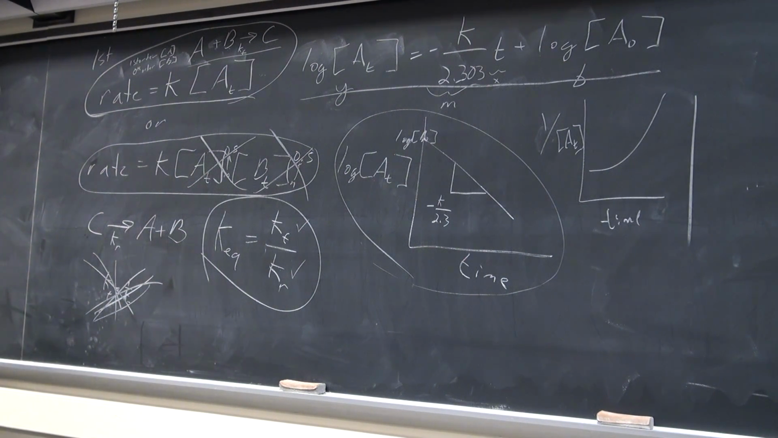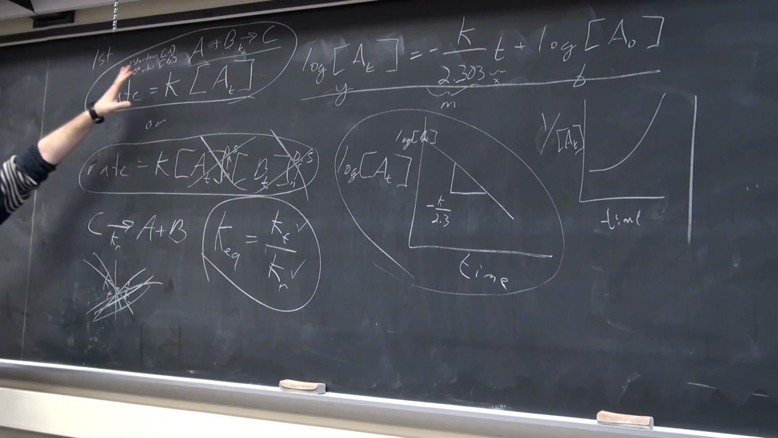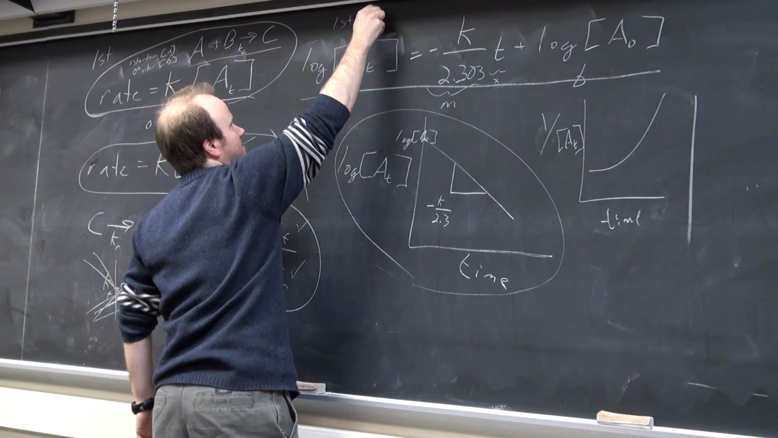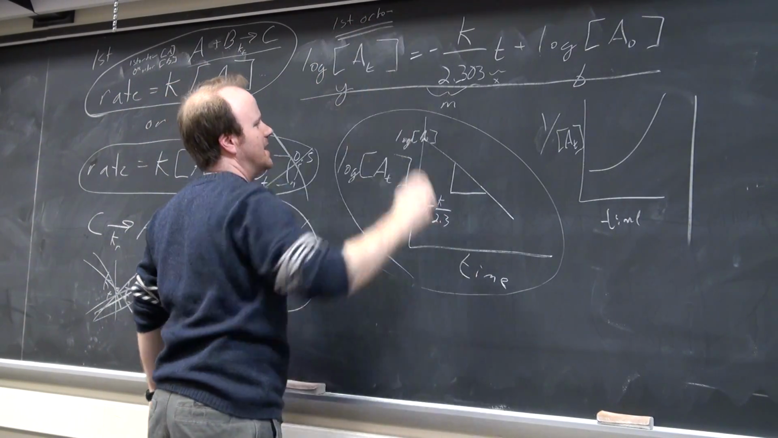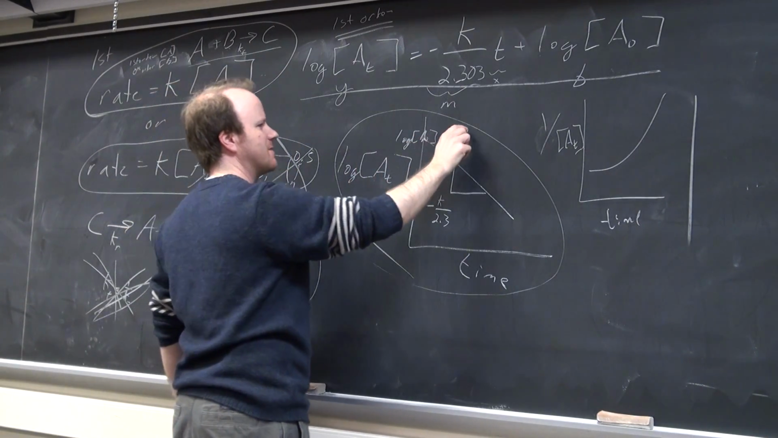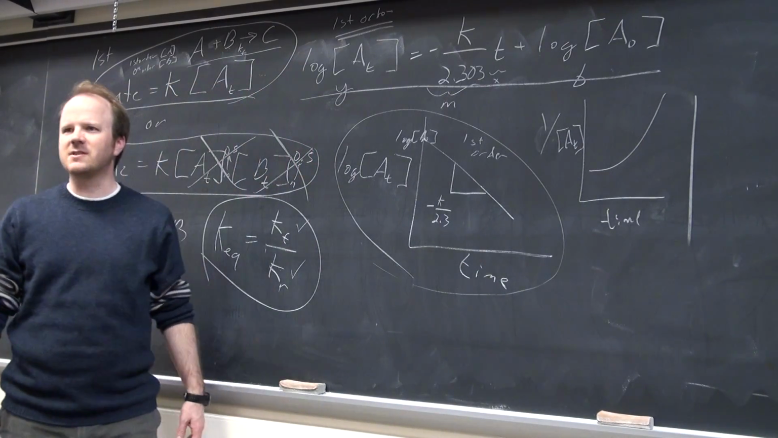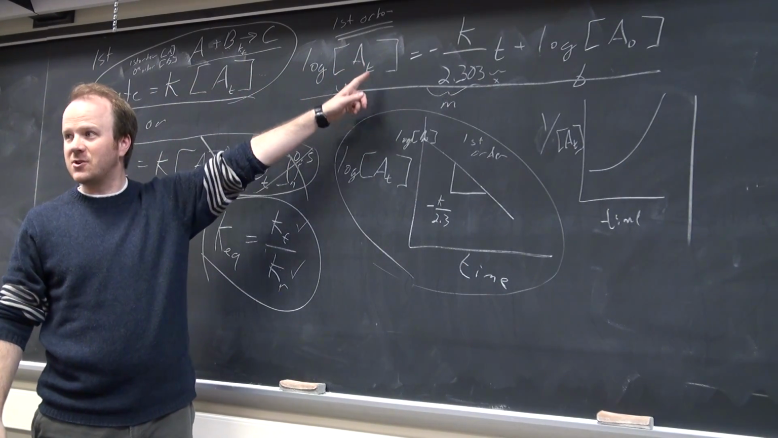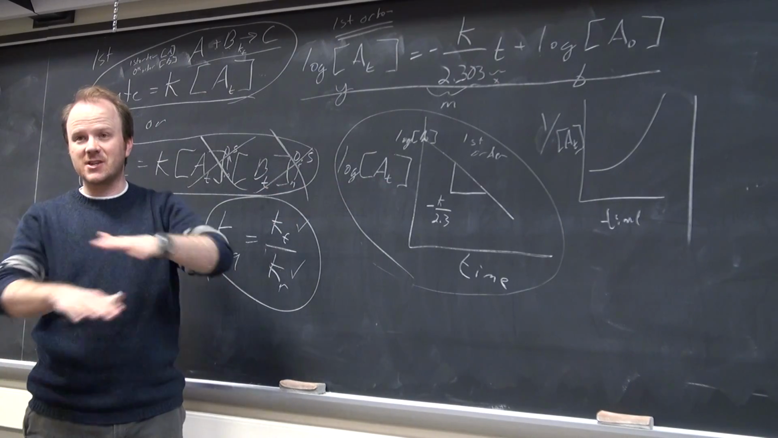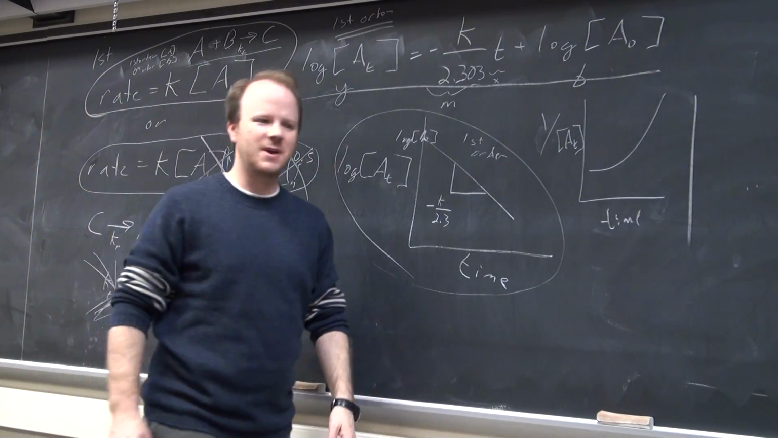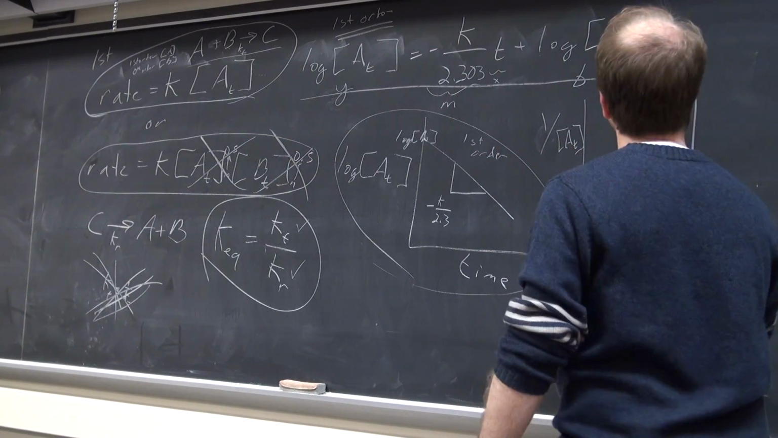Could you go over what a parabolic order rate is? Sure. Wait, I haven't covered second order yet. So remember, this equation means first order, and it's linear, and this plot means first order. If the concentration as a function of time doesn't fit this equation or this plot, the reaction is not first order in A. Okay? So second order,